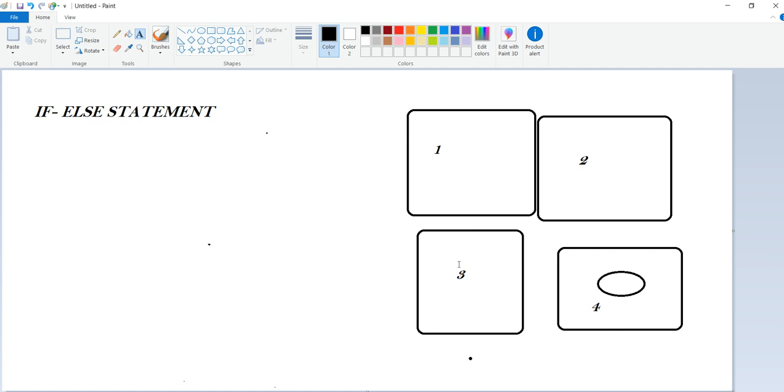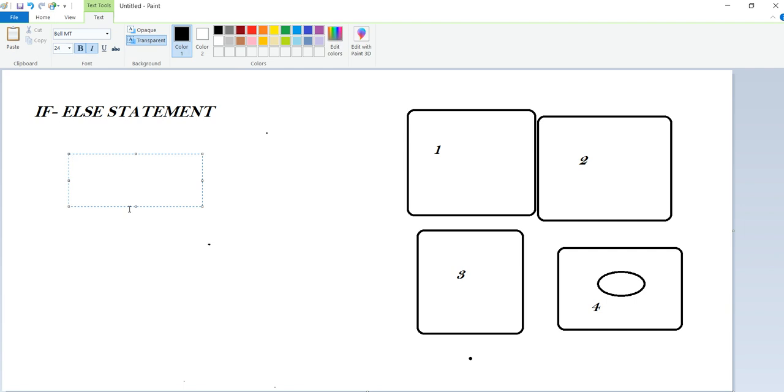But how can this be executed in a programmatic way? For that, in the syntax, there is some condition: if some condition, like the ball we just saw, then statement 1.